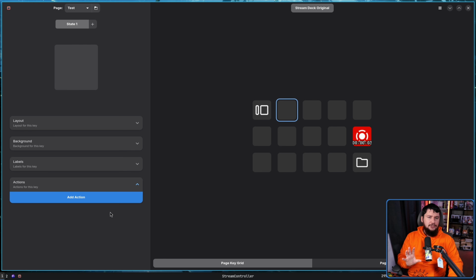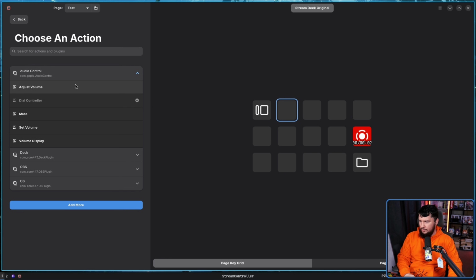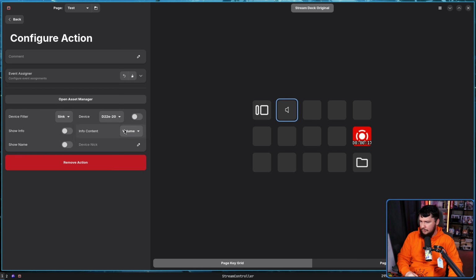Now, another one a lot of people would find value with is the audio control one. So with this one we can adjust the volume, mute. We also can do dial control if that is a thing you have on your Stream Deck. And in my case, I just want to do a, let's say, mute. So if we set it to a source, because it's a microphone, let's set it to the MGXU, which is the microphone I'm currently using. So by default, if I press the button,